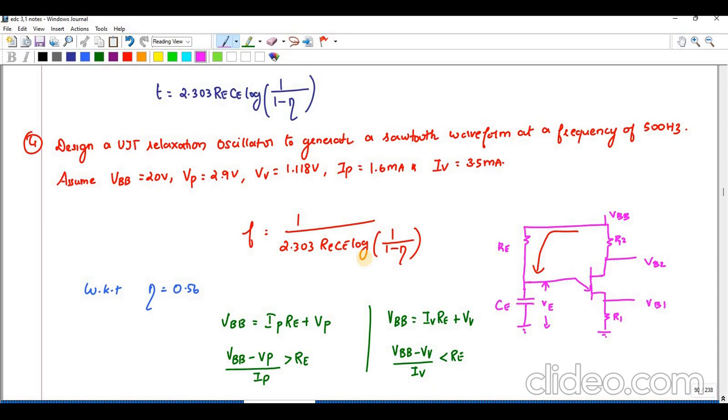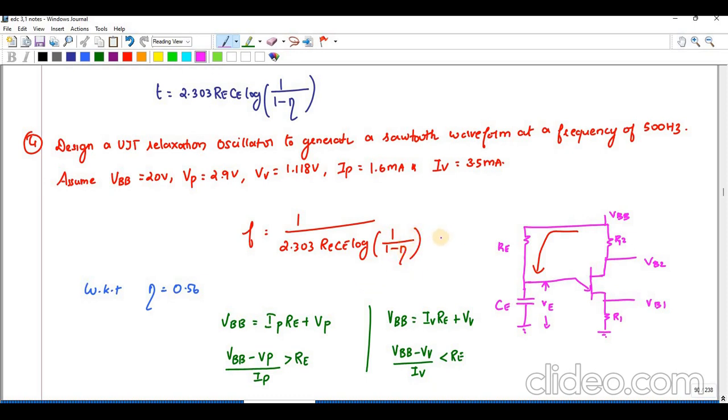You know the formula for frequency, that is equal to 1 divided by 2.303 RECE. Instead of ln I have replaced it by log, that is why I have multiplied with 2.303, log 1 divided by 1 minus intrinsic standoff ratio. So I am taking the intrinsic standoff ratio is equal to 0.56, and I know that